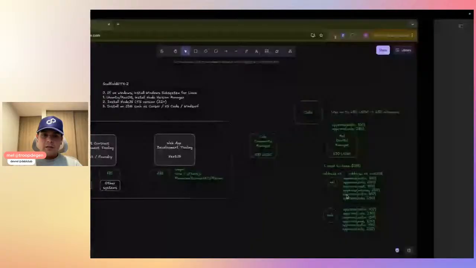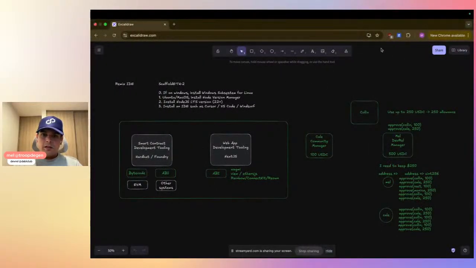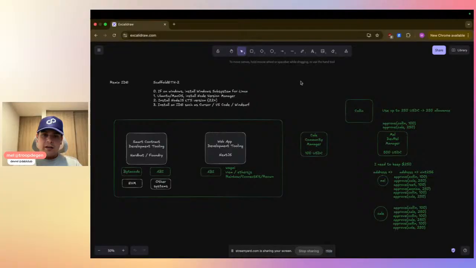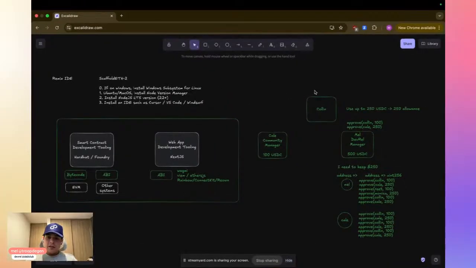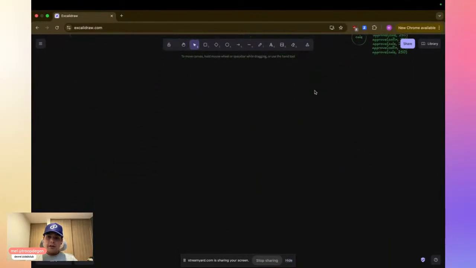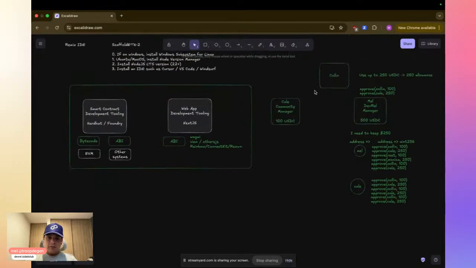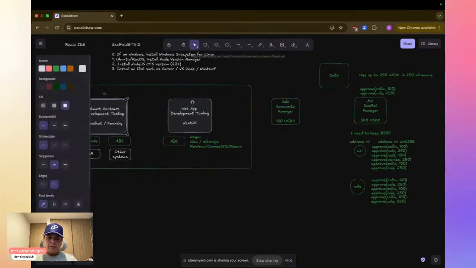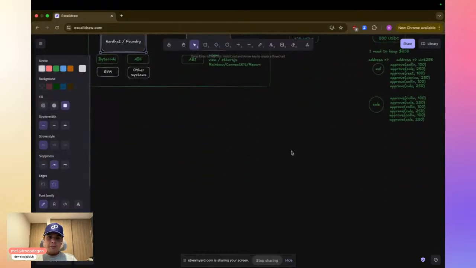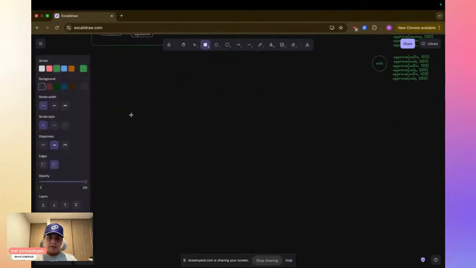So let's dive a little bit into a quick diagram on what we will be working on today. Let me share my screen first. Okay. And you see what we were doing last week. It's over here. And now we will create a new diagram down here. We will keep this on top in case we need reference for the framework that we're using. But for now, we will just work on smart contracts and the idea.